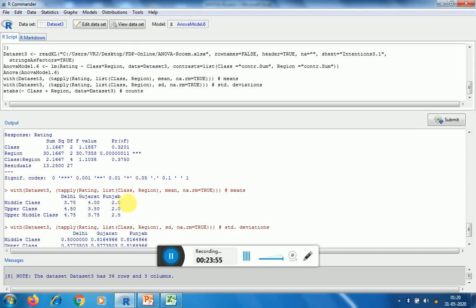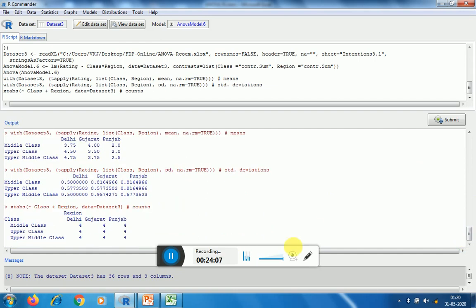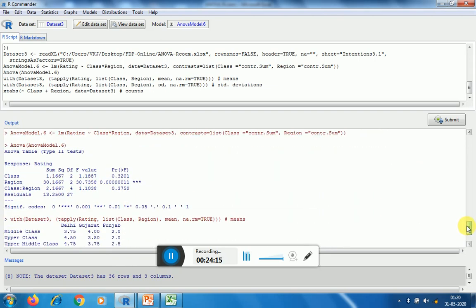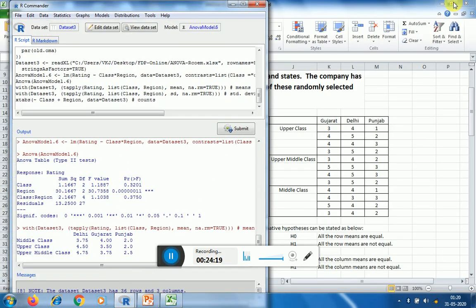Now the other statistics are also mentioned here. These are the means corresponding to each region and class, then standard deviation and the counts. So this shows the counts. So this is how the analysis of variance can be done with regard to these various types of designs.